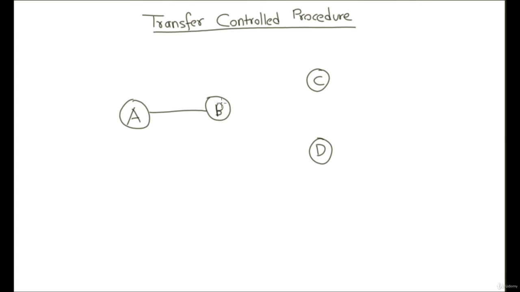Then B is going to send the transfer control message on all the adjacent nodes. This message will contain the point code in question, here it is A, and also it will contain the priority. Priority will be conveyed in the spare bit, and